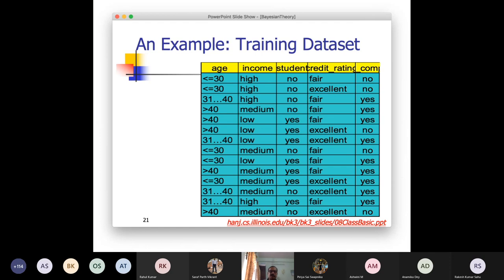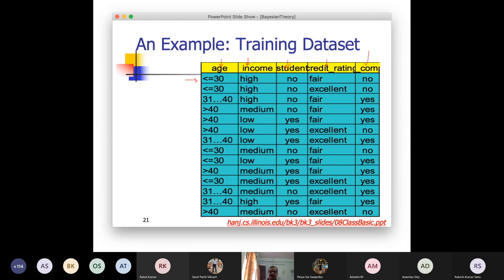Here it is showing a person's statistics: the person's age, income in categorical terms, like whether the income is high, medium, or low, whether the person is a student or not, whether the person can take a loan or not, or certain credit rating categories, and finally,